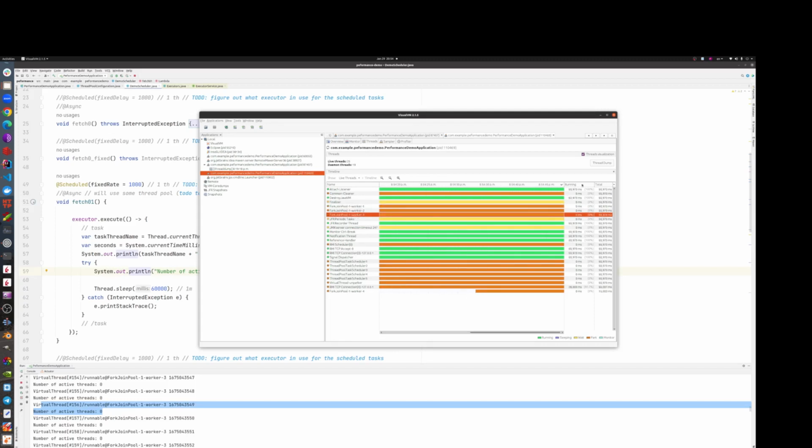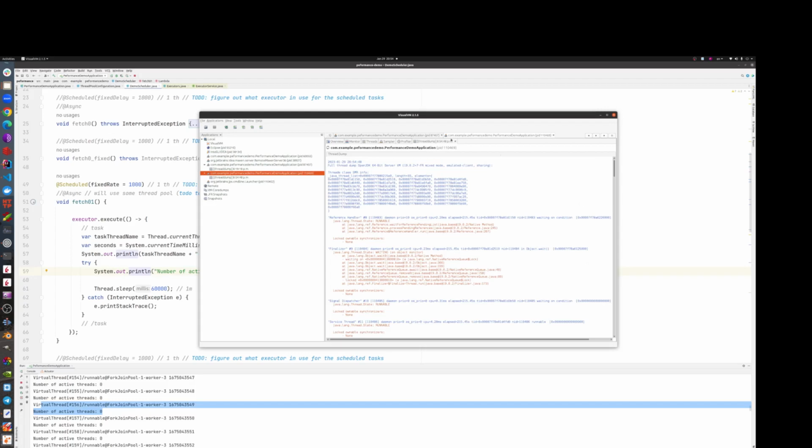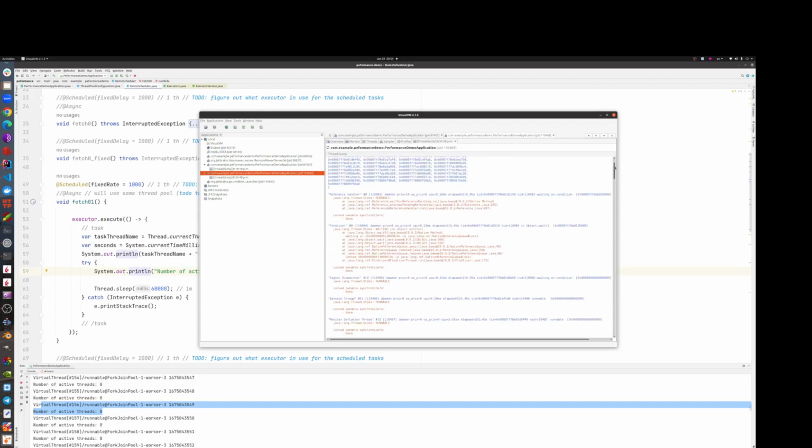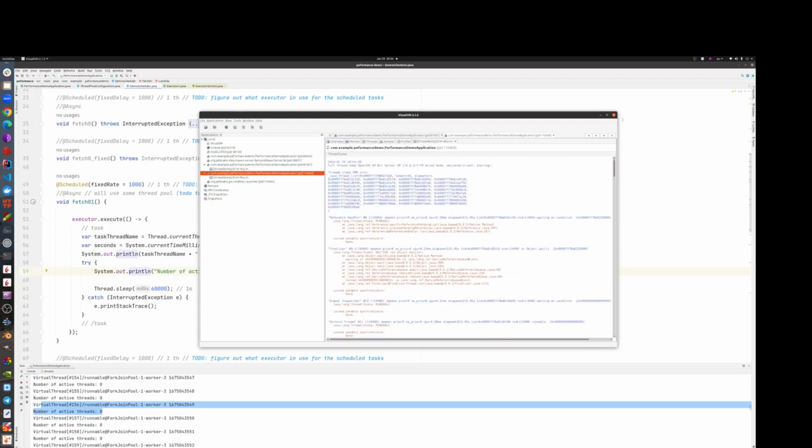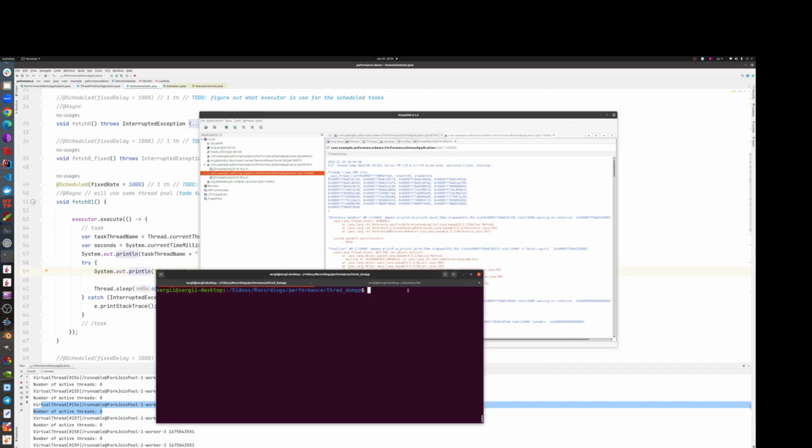What we can do, we can probably do this thread dump and see what's going on inside, and maybe we can get some information from there. I'm not sure. Or there is a better way. We can go and use this command. I'll show it to you. We can use this command